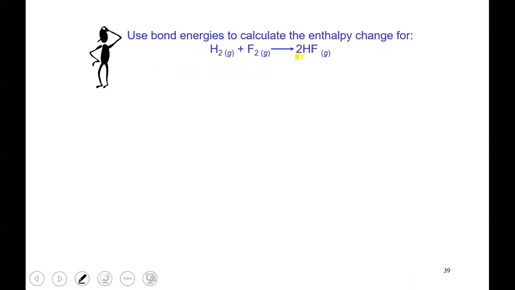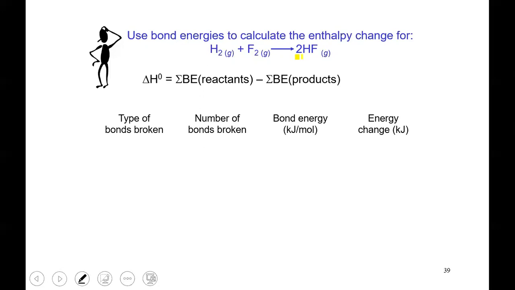Let's work through the reaction, okay? Remember that the formula is we're going to approximate the heat of this reaction by adding up the bond enthalpies of reactants and subtracting the bond enthalpies of the products. So let's make a little table. We're going to write out the types of bonds broken, how many of each, what is the bond energy per bond, and then what would be the total considering the number of bonds. Remember that in these types of exercises, we assume that all of the chemical bonds have to be broken, all right? So here is